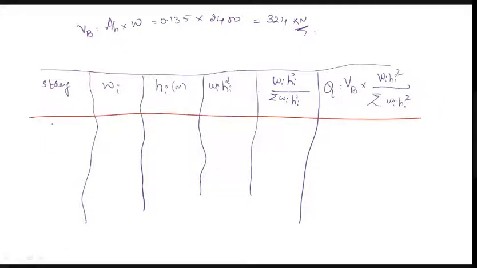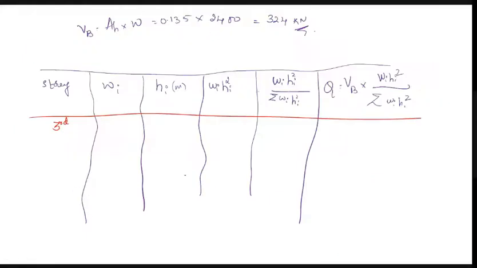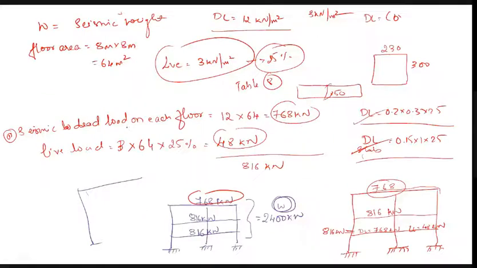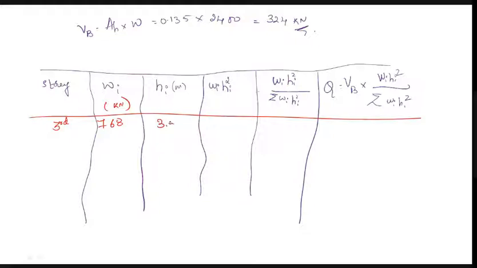Here for calculation you should go from the top floor to the bottom floor, that is the third floor. We have got the W. How much? W is 768 kilonewton. Then write 768 in terms of kilonewton. Now we need Hi. From the question we can say it is 3.5, 3.5, 3.5. All the heights are the same, therefore I will write 3.5. The next column is Wi into Hi, meaning multiply this 768 by 3.5. We will get, sorry, once again.